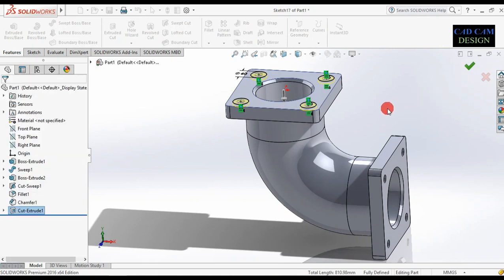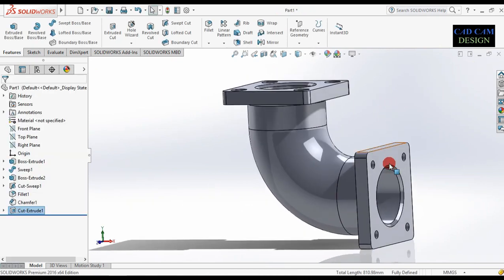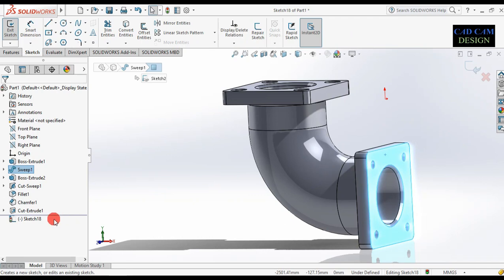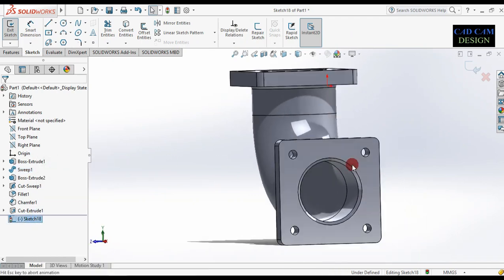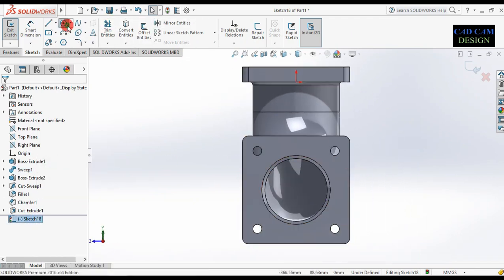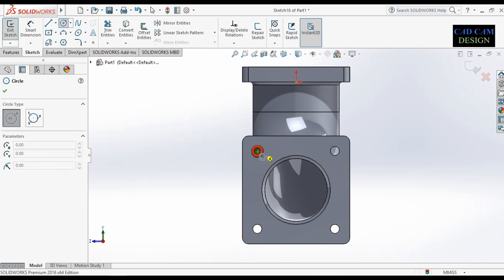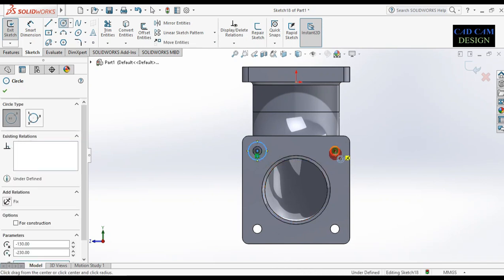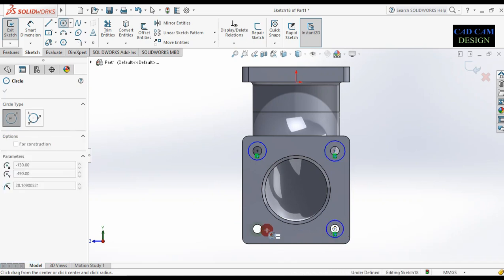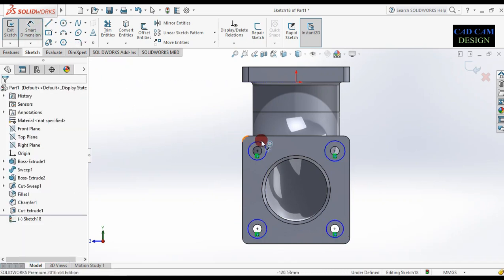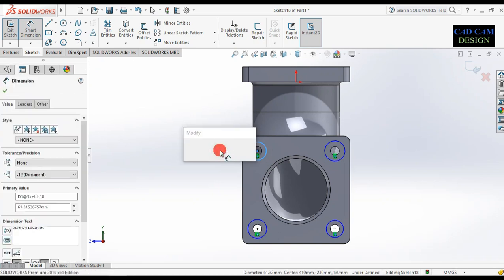And OK. See, now same as select face, sketch. The sketch will be normal. Now draw circle to this surface, like same as top view. Now smart dimension to this only one, 60 mm diameter.